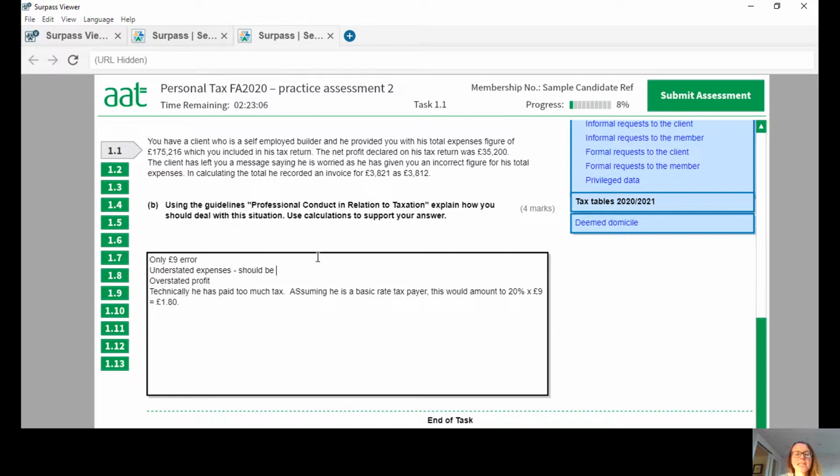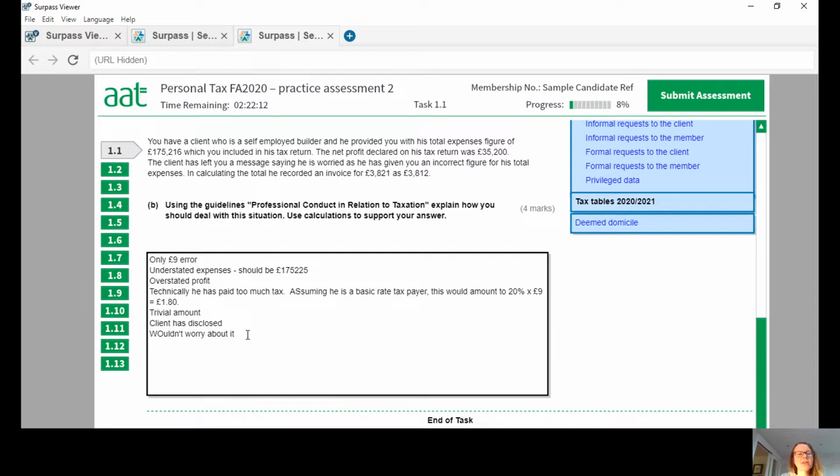Could actually put some figures in. So understated expenses, so under by £9. So why not? They've given us the figure so we can work it out. 175,216 understated. So that should be 175,225. Trivial amount. Client has disclosed. Wouldn't worry about it. Now that's not how I would have written this out. So what would I actually have written? So that would kind of be my thought process. So you could scribble that down on a piece of rough paper and then put your answer together